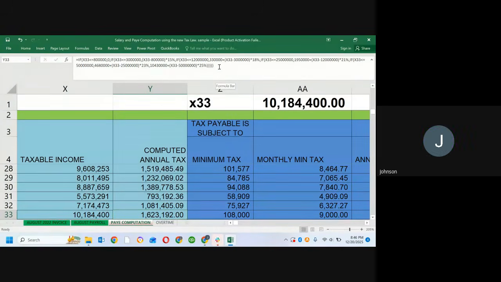330,000. So now we say, okay, we have dealt with the first 800,000 at 0%. We have dealt with 2.2 million at 15%. So that's how we have arrived at this tax payable for the 2.2 million. But I say, okay, plus now take this, our X33 minus the first 3 million that we've dealt with by saying